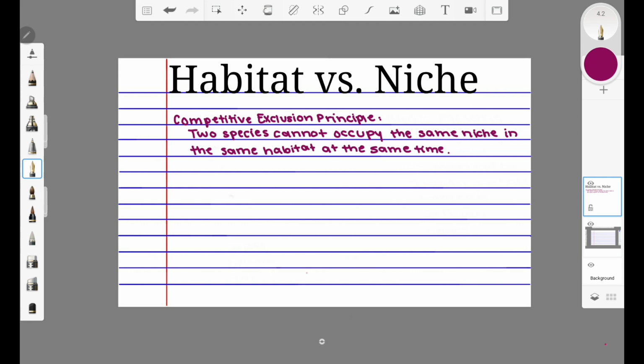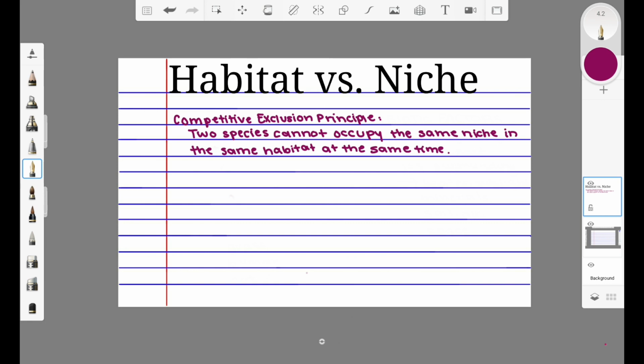When we talk about the competitive exclusion principle, this principle basically says that two species cannot occupy the same niche in the same habitat at the same time. So, for example, if two species have the same place in the food web, since we talked earlier about how what the organism eats is an example of a niche, they eat the same thing. Both species want the same thing, but there's a limited supply of that